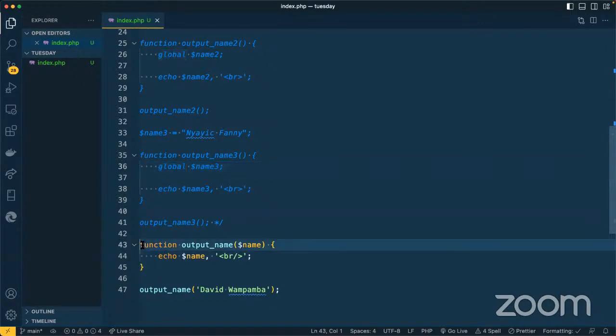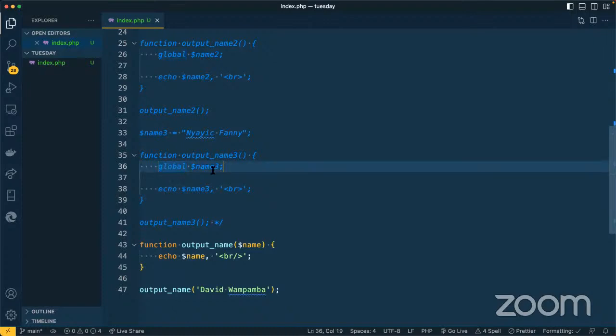Fanny said the second one is easier to remember, and no one answered which one is shorter. The second one is shorter. Yeah. So the second one is shorter. And I would be honest with you, Peter, this first one is longer, but also hard to remember. The reason I'm saying it's hard to remember is because if you have a large code base, you may not know that you need to call a variable globally. You may not know. And you'll be there scratching your head